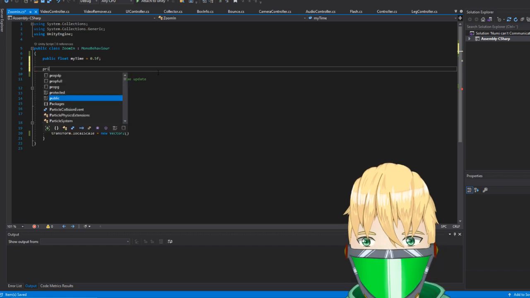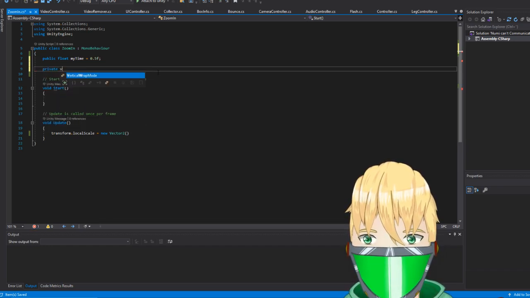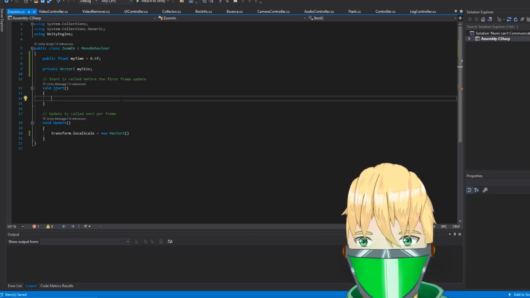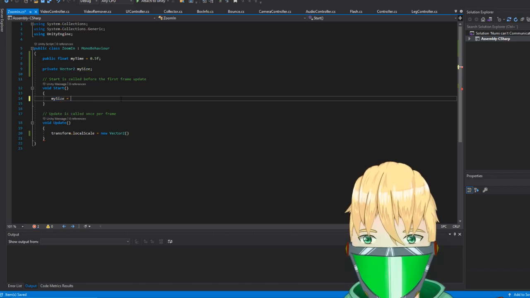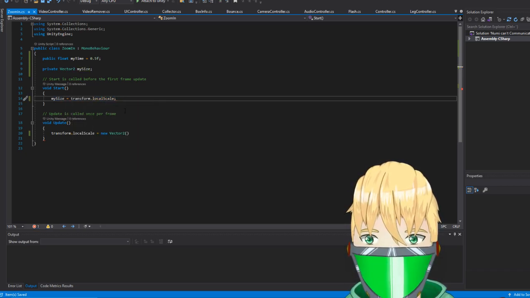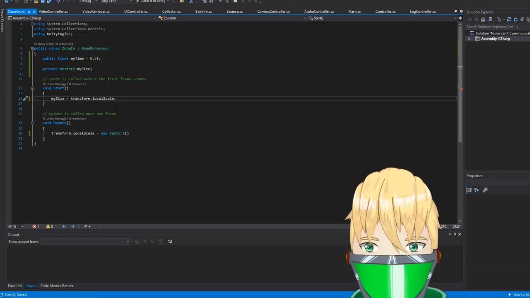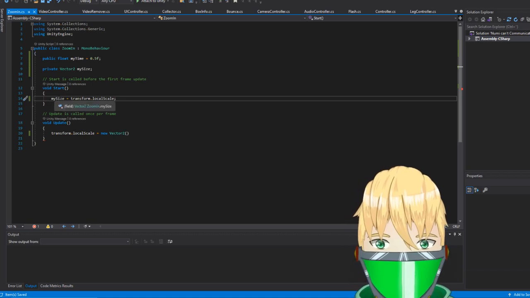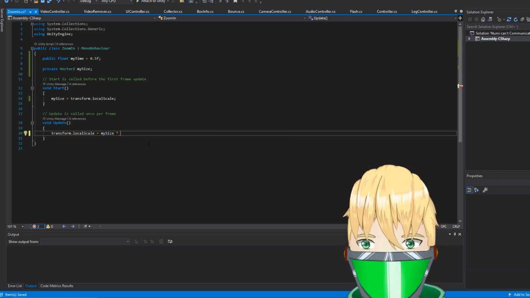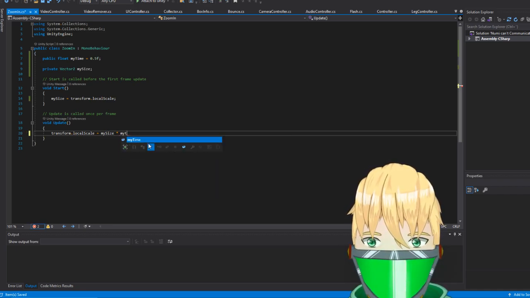So we want a private vector2, which is my size. And my size, we're gonna start by just assigning as the transform.localScale. This means that before we start updating the actual scale, we will have what we want. And we will take this local scale and multiply by my time, I guess.